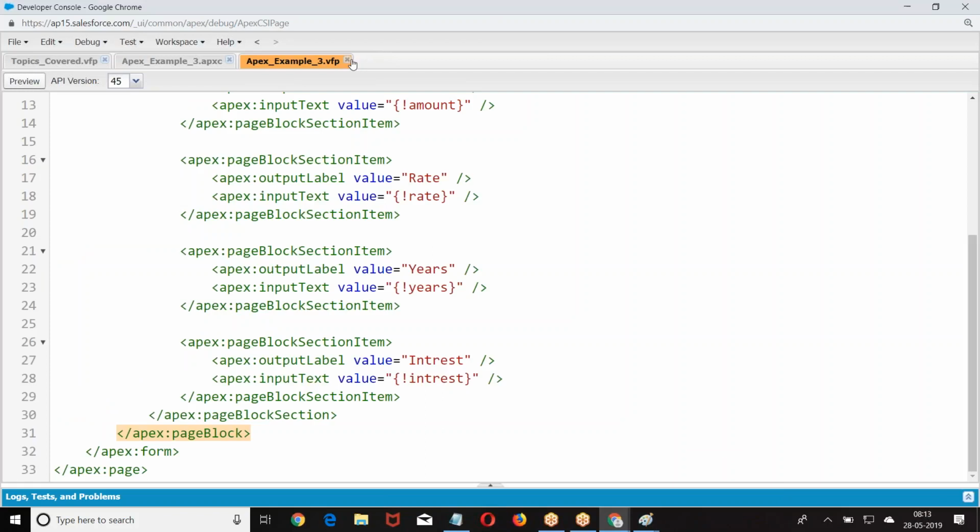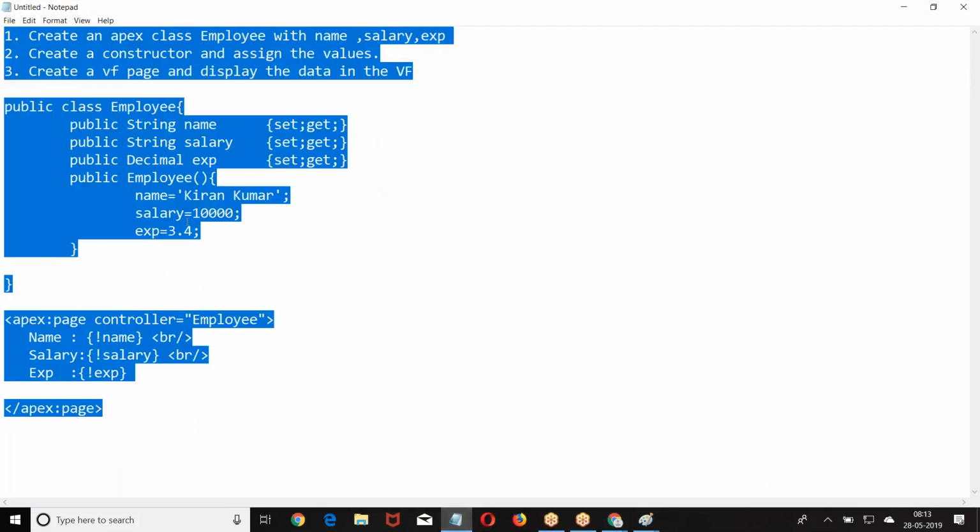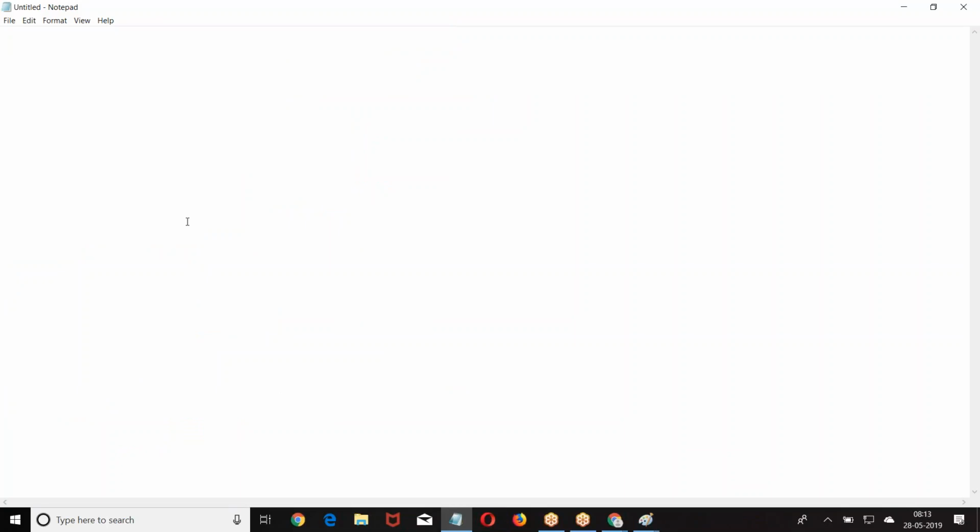Now the point here is, if you are trying to refer to a table, tell me some of the tables we have in Salesforce. Some names of the tables.